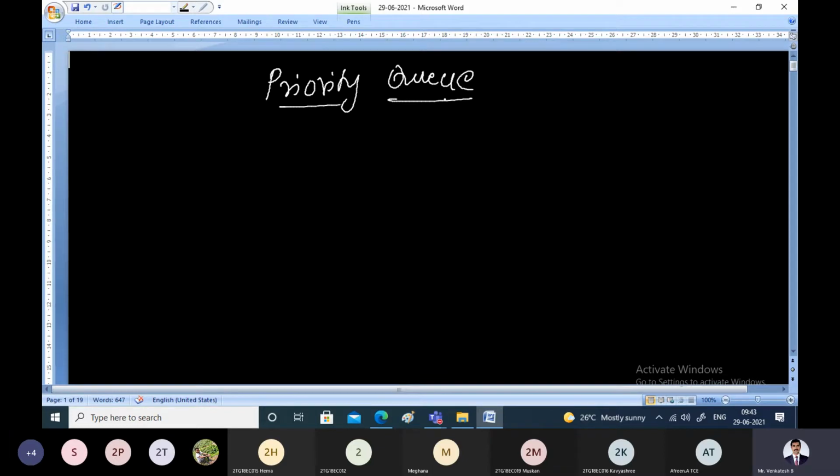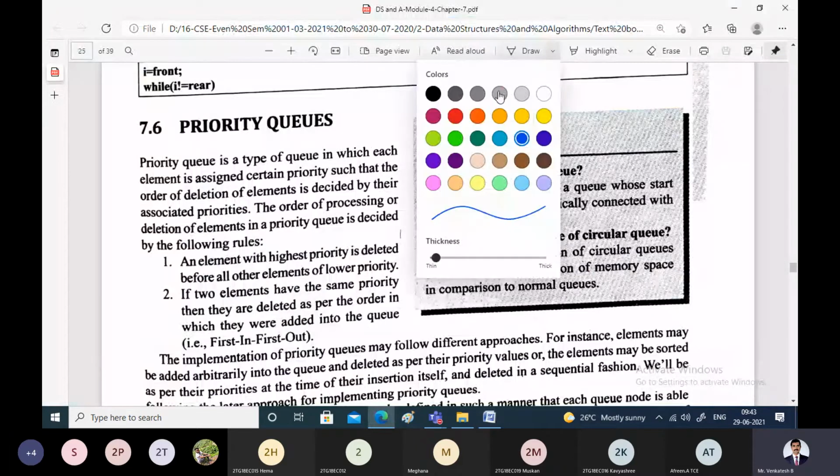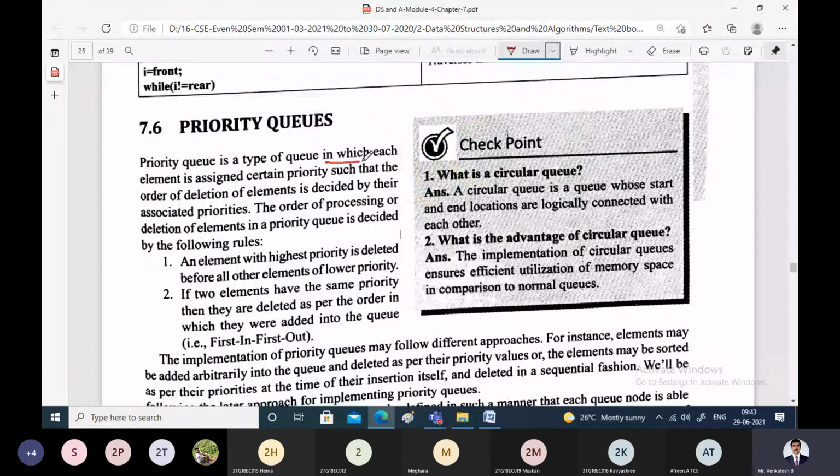What the priority queue basically says, as the name itself says, is that it is a queue which has elements or items with certain priority assigned to them. That means a priority queue is a type of queue in which each element is assigned some sort of priority.